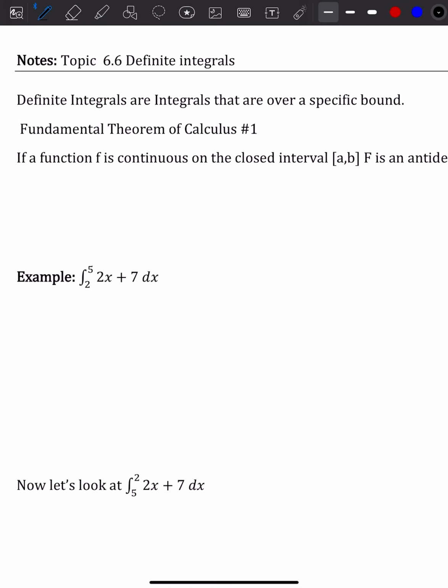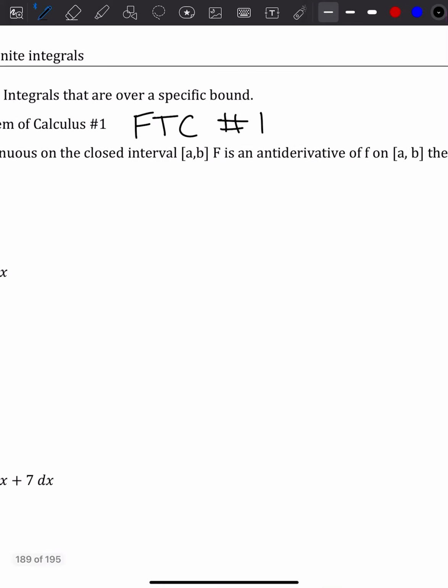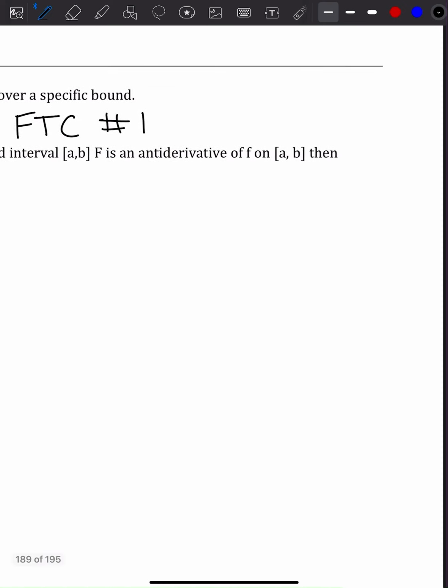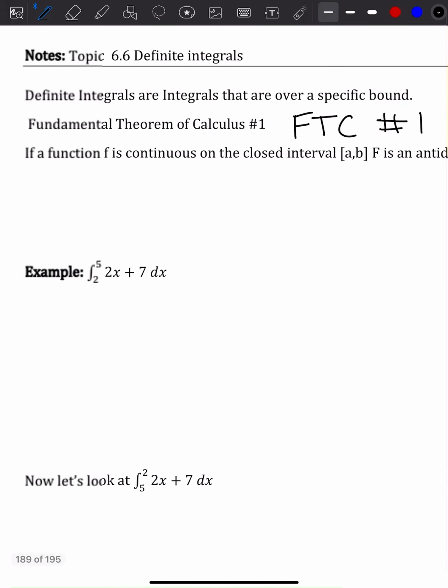In order to find the value of a definite integral, we're going to use the fundamental theorem of calculus, number one. Which one is number one and which one is number two is honestly dependent on the book you're looking at. I feel like in order to use the other one that we're going to talk about later, you have to have this one, so this one should be one. So if a function is continuous on a closed interval a to b, and capital F is an antiderivative of lowercase f on the interval a to b, then